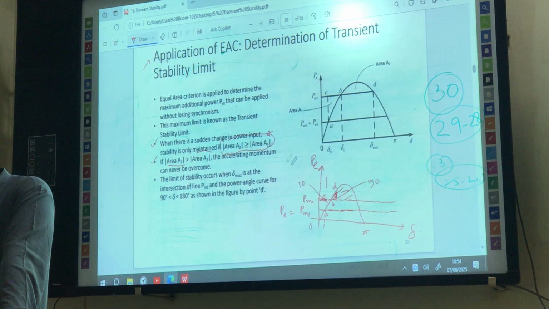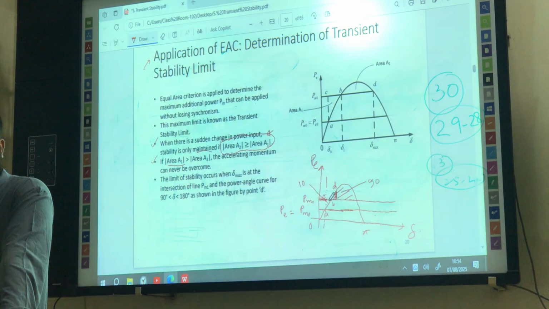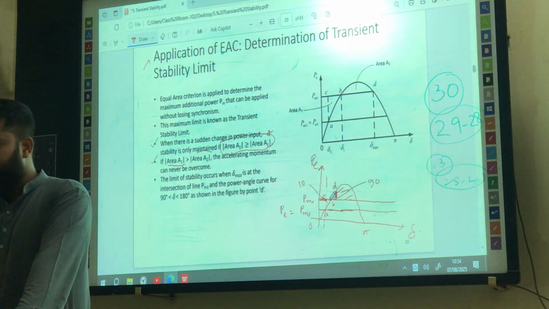Rather, we are just maintaining this condition: if area A2 is higher than or at least equal to area A1, at that time the system will be stable. So this 10 will be dissipated completely within this region, and from this D it will come to B, again A. So it will be like this. Now let's